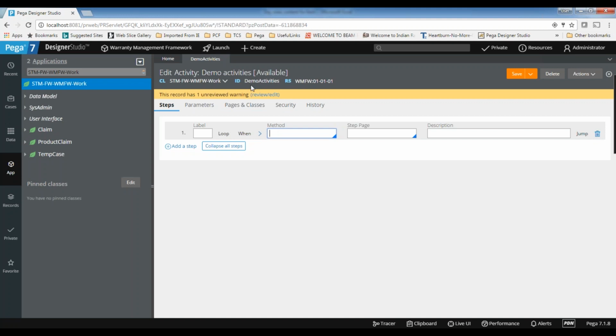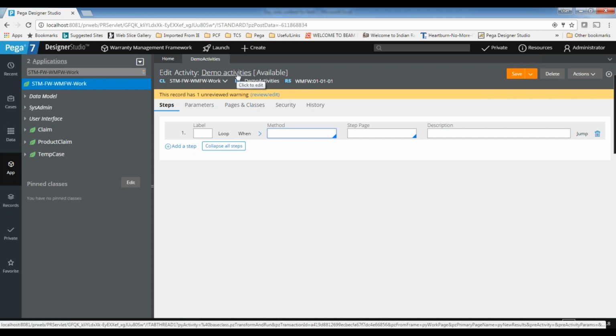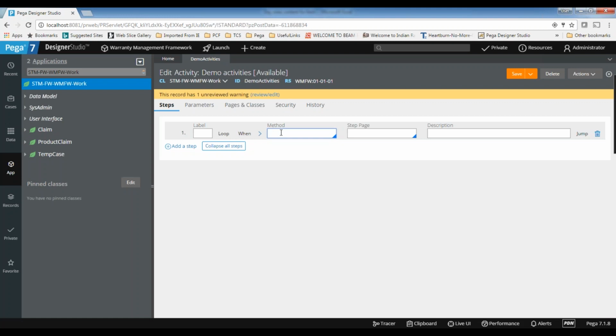Databases also we will do the same configuration. Data pages we don't use for saving the data, right? We have no need to refer to any DB tables for data pages. Yes, we'll get to know that once we complete this. We have the Obj-Save method to save the data into the database, and there we will see how to connect to the database from Pega and how to save the data into it.